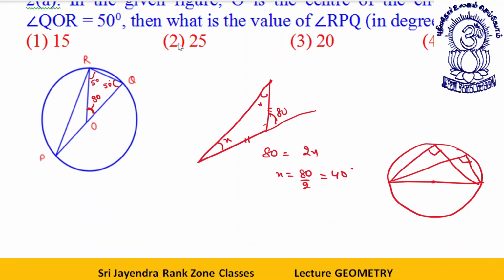So let's rectify the options. Let's make this third option as 40. So what will happen now, dear students? This is 80. Forget about this 80. We know this is 50. This angle will be 90. Why? Because this is a diameter. Diameter will subtend an angle of 90 degree. One is 90, the other is 50. This angle has to be what? This angle will be 180 minus 90 plus 50, or 40 degree.